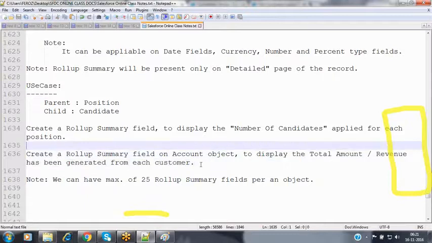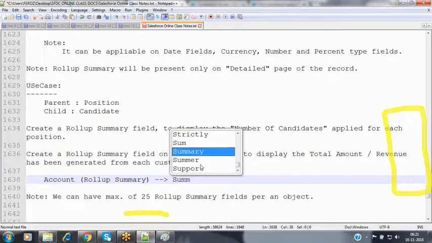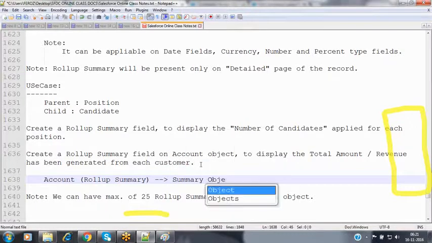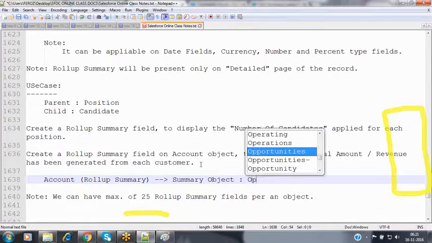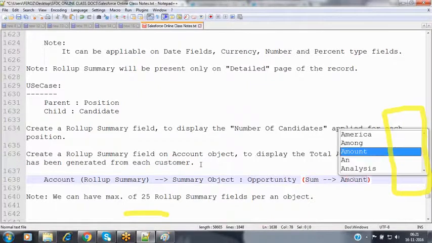So I want to create a roll-up summary field on the account object, summarizing records from the summary object, which is the opportunity. In that opportunity, I want to apply the sum function based on the amount field.